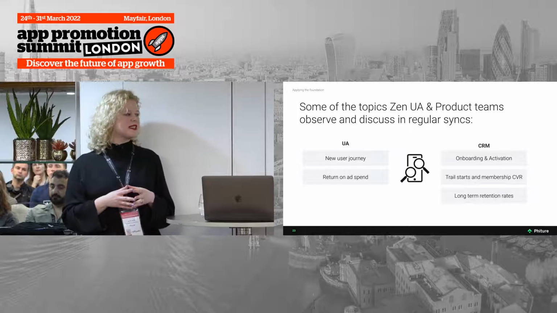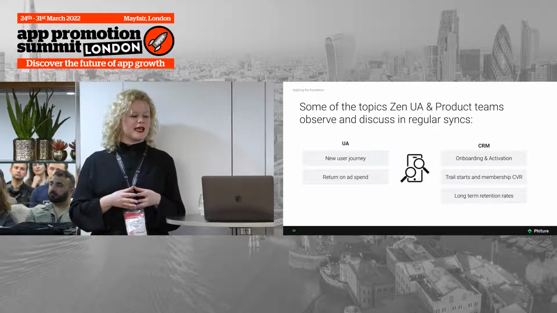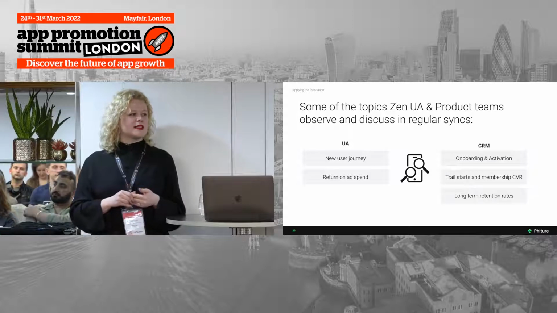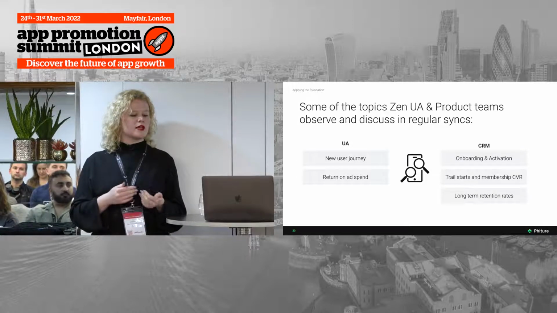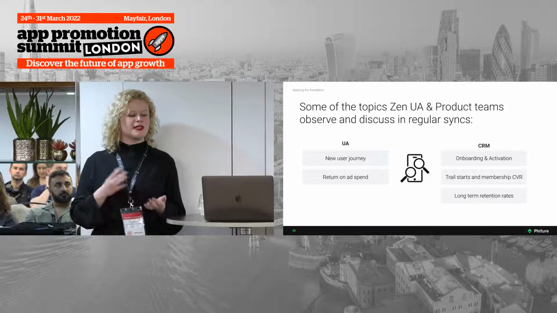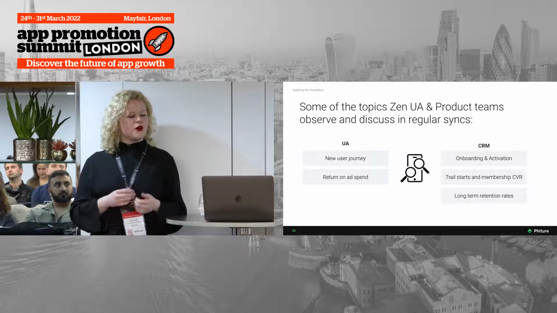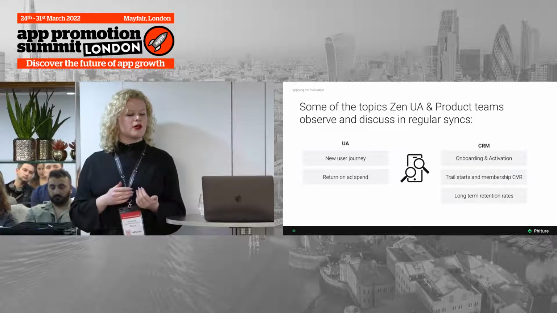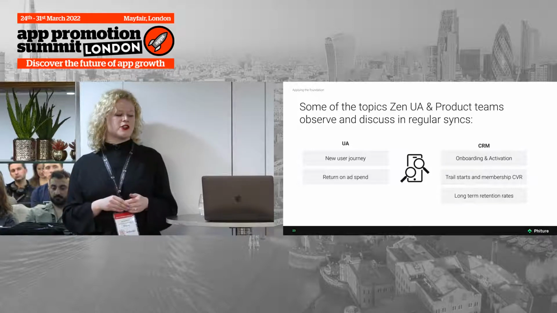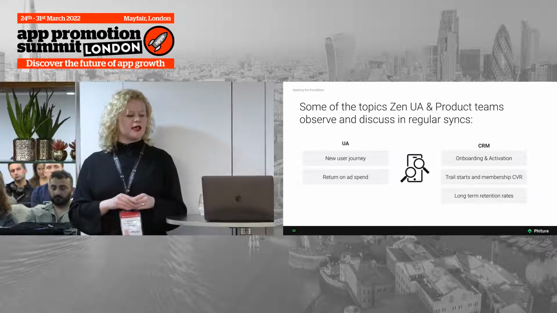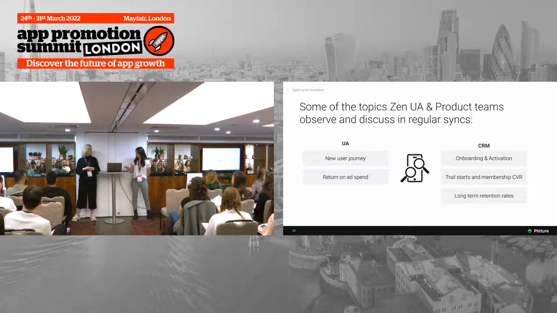being able to provide information on exactly how long it takes them to complete onboarding, which events these users are triggering first after onboarding, so how quickly they can reach the aha moment, as we call it in product. And then also we can give more granular information on what kind of profile of user is actually starting a trial through behavioral analysis, and then obviously looking at long-term retention metrics as well.